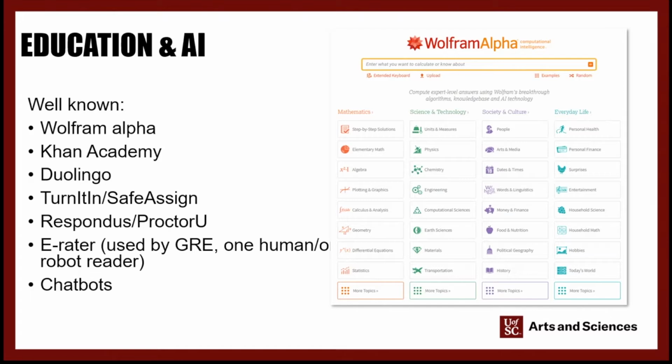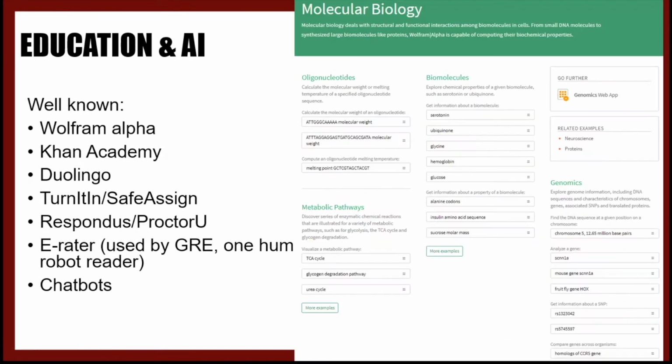Students and universities are already using AI. Some of the most common websites are things like Wolfram Alpha, which, as you can see on the right, covers a whole bunch of topics that mostly helps with computational needs, but can also help with finding information on certain topics. Khan Academy and Duolingo are also using adaptive learning. What they do is they give you a quick test to see where your level of knowledge is now, and then basically adapt to that and help you to build and learn on top of it.